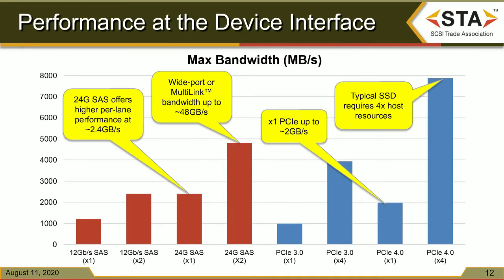One other thing to note, a typical PCIe SSD uses 4 lanes, which also means it uses more host resources that are required per lane to connect and manage the drive, such as a little bit more memory, a little bit more power. Not so with SAS drives. They typically use 1 or possibly 2 links. And just as an aside, for common deployments, most applications don't need 1 million IOPS per drive. For PCIe drives, you may use up some PCIe lanes and host resources to service that level of performance.